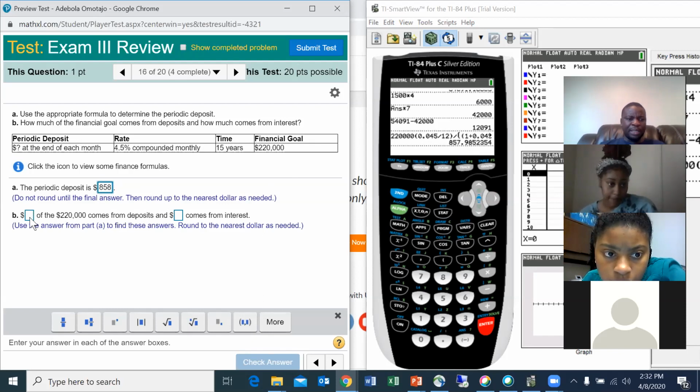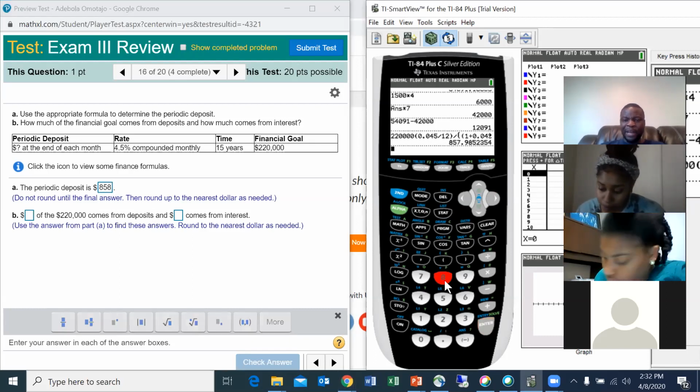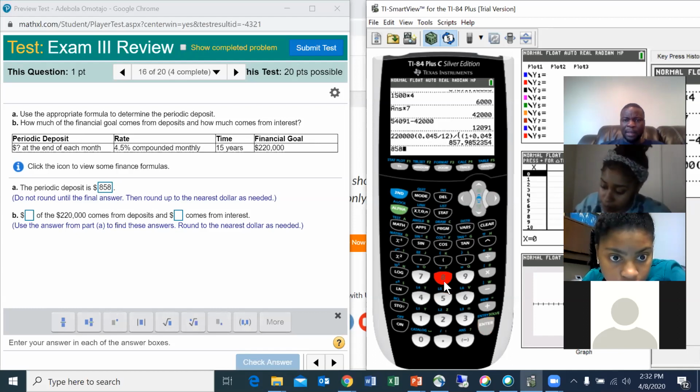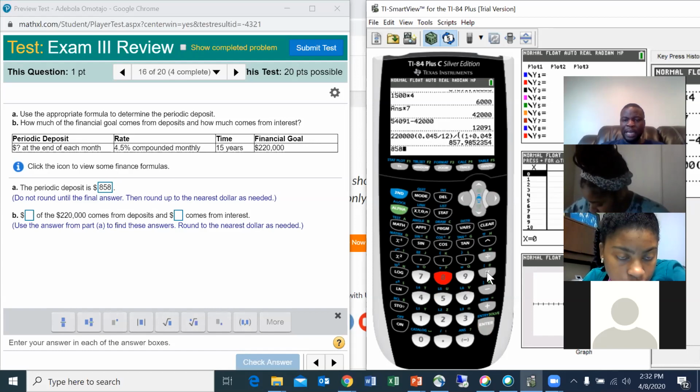That's the periodic deposit. It says how much of the 220 comes from periodic deposits. So I'm going to take that number I just typed in, 858, and this is the periodic deposit each month. So in a year, you multiply by